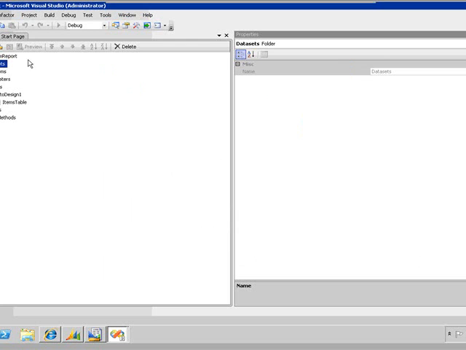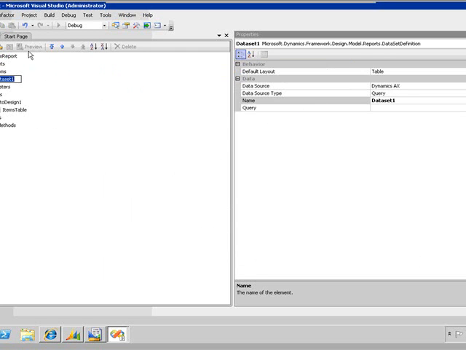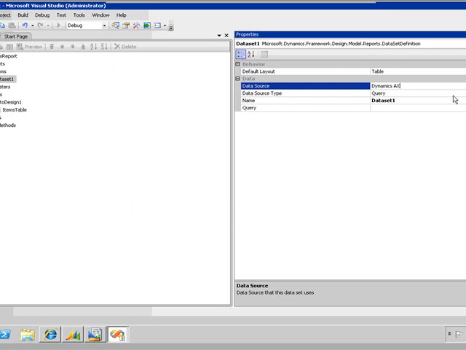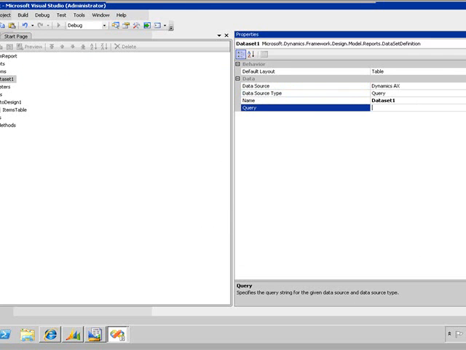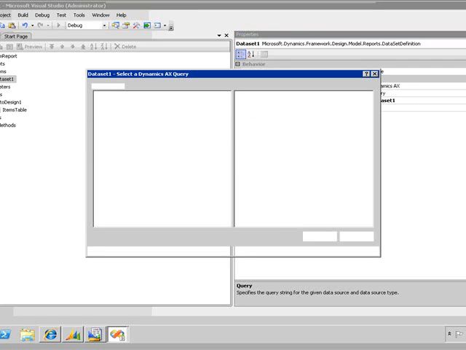So when that loads up, you won't have any of these designs or data sets. So you click Add a New Data Set. In your Properties window, you'll designate Dynamics AX as your data source, and you'll select Query. And then in the Query field, you can click on this ellipsis button, and it will